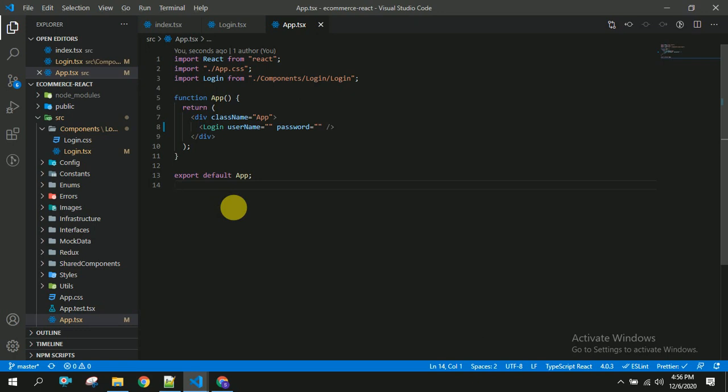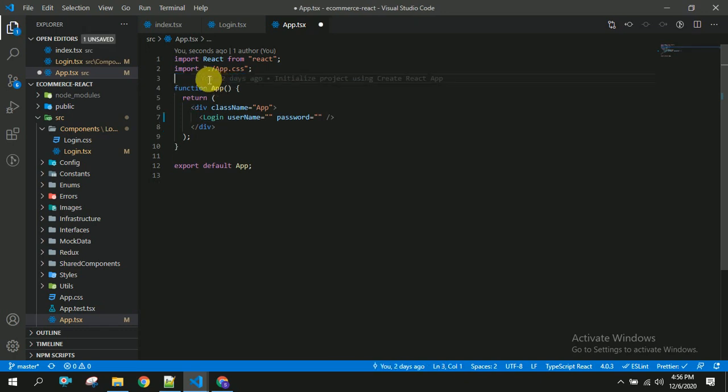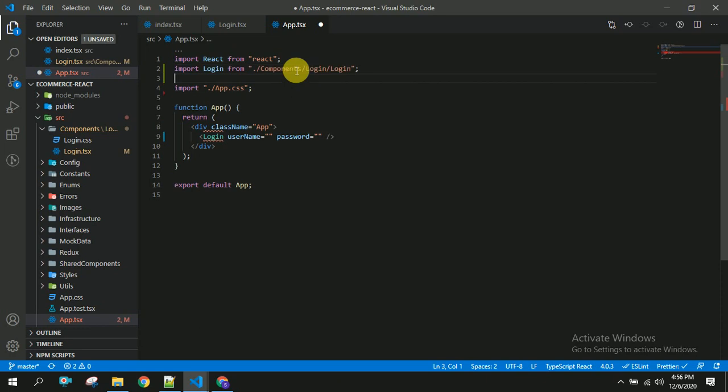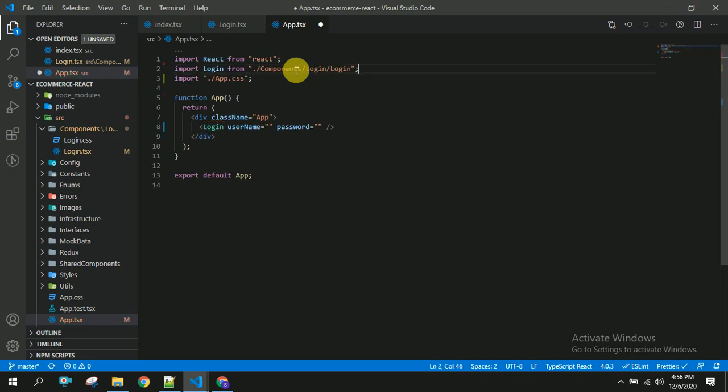Before that, if you see here, we have to import whatever CSS files at the last, because it is the coding standard used in real-time applications for consistency of the files, so that whenever you want to find any CSS file, you can go to the last and check. In this way you can learn coding standards.